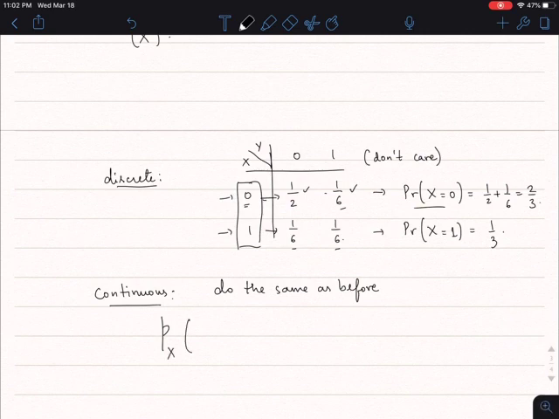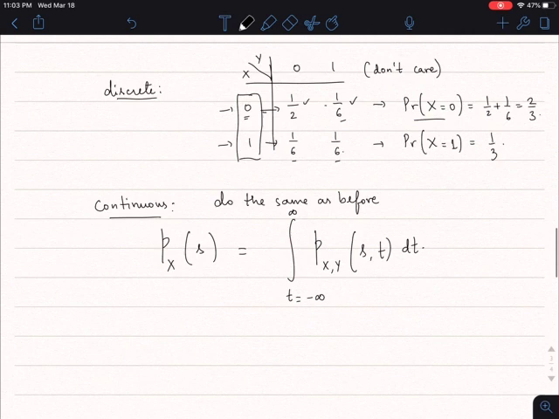If I want to define p_X of s, this is exactly the same as the integral over all possible values of y, which I will call t. So t equals minus infinity to infinity of p_XY of s comma t dt. This is the analog of summing over t